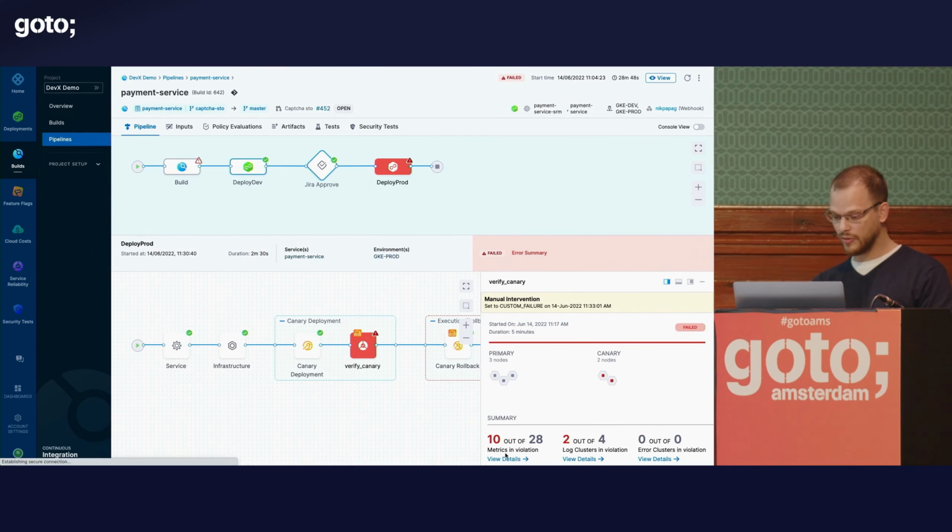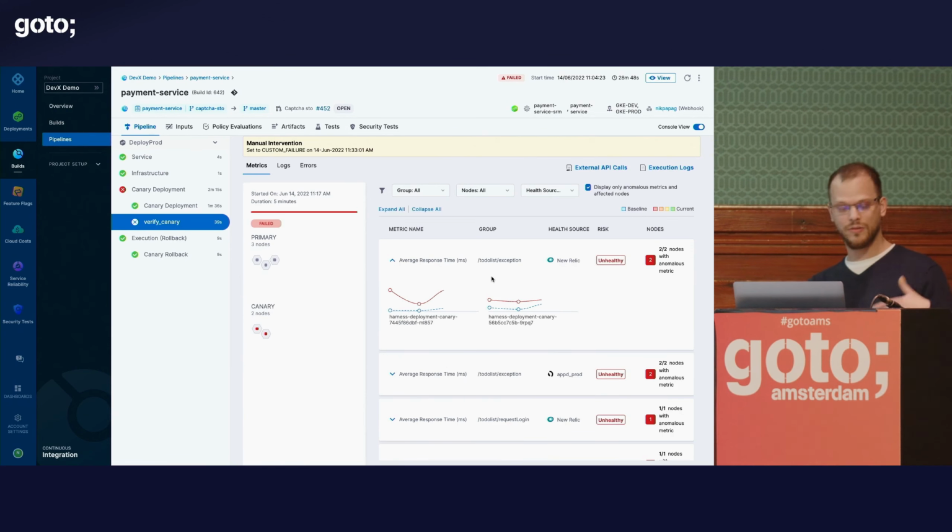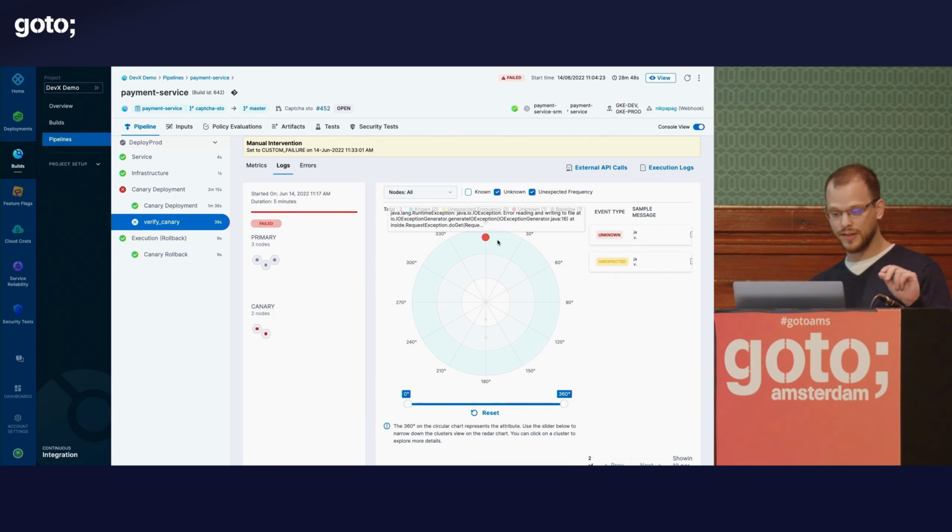We are going to hook into your APM tools and look at the metrics of that specific service, the individual pod, and start comparing those metrics against your baseline to validate if that canary can work as expected. At the same time, we are using machine learning on the logs and metrics. But on the logs is extremely interesting. We are using something very common, but in a powerful way. We are using k-means clustering and neural nets to eliminate the noise, to understand the logs that are problematic for